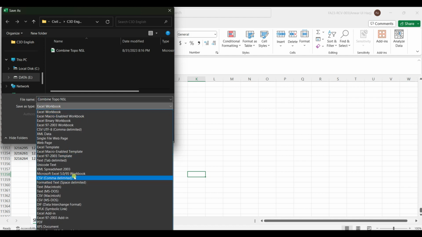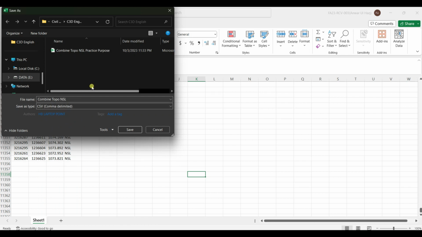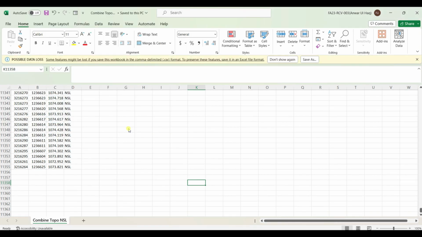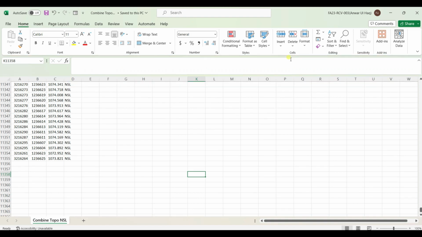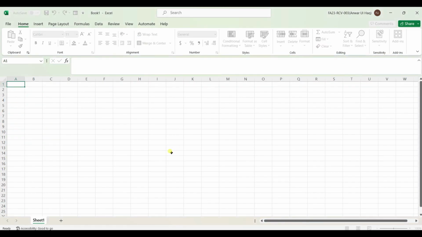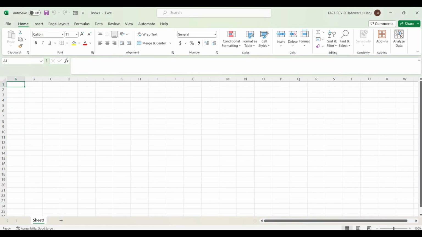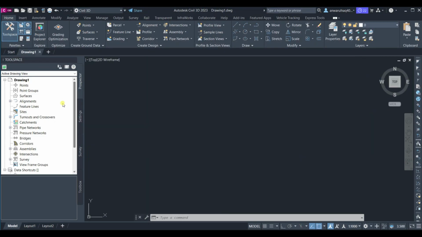So this is an Excel workbook. I need to save it as CSV comma delimited. You need to save it in your relevant directory. I know my directory here, so I should save here. Okay, now my file is already saved, and I don't save again. Just close this file